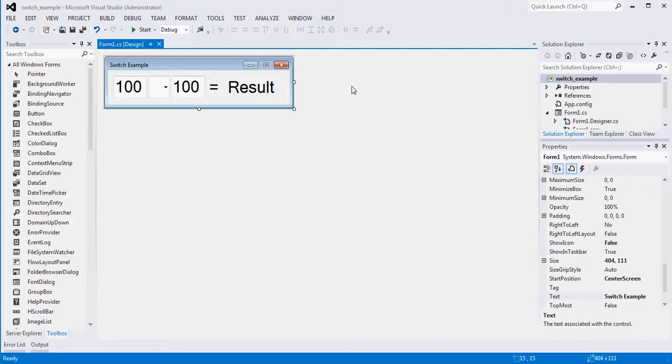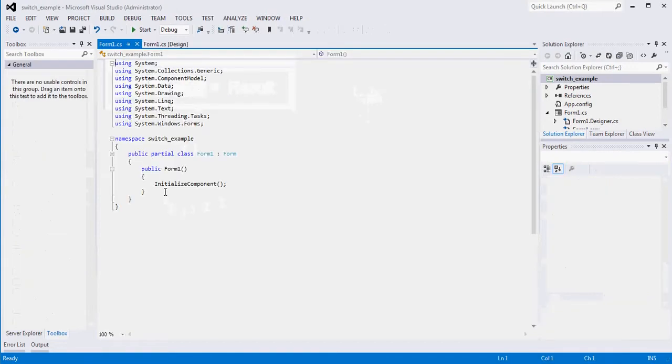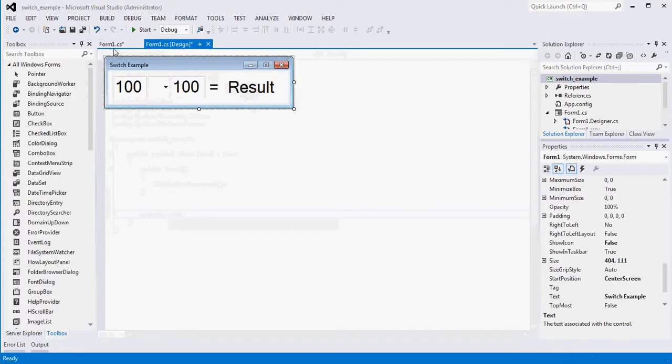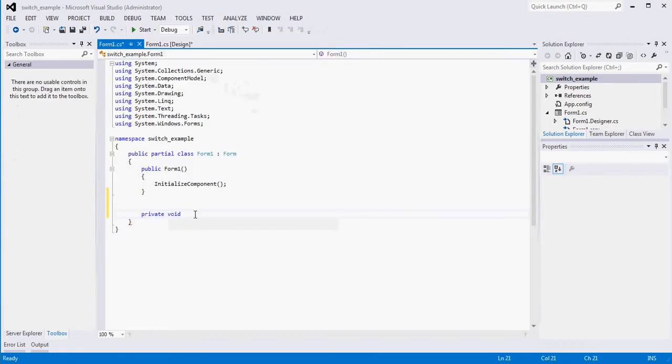So I'm going to go to the code behind the WinForm by clicking View Code, and I'm going to create a method called doMath. You can make it private or public, it doesn't really matter. It's not going to return any value because our purpose here is really just to update this label. So we can have this method do that for us. I'm going to call it doMath, and we don't need to pass it any arguments. It can get all those on the fly. Okay,